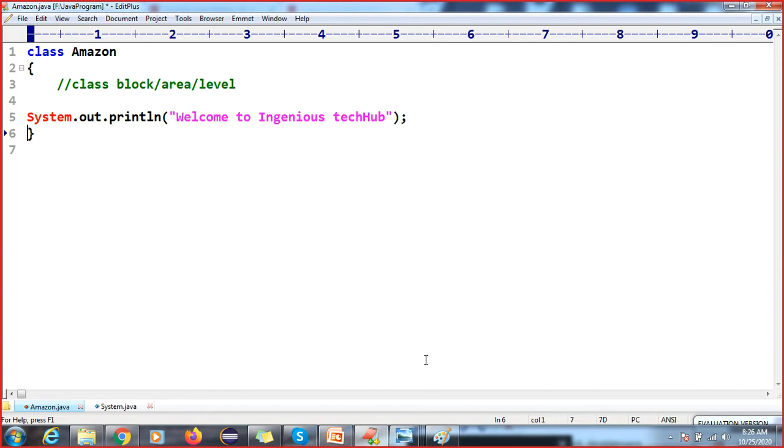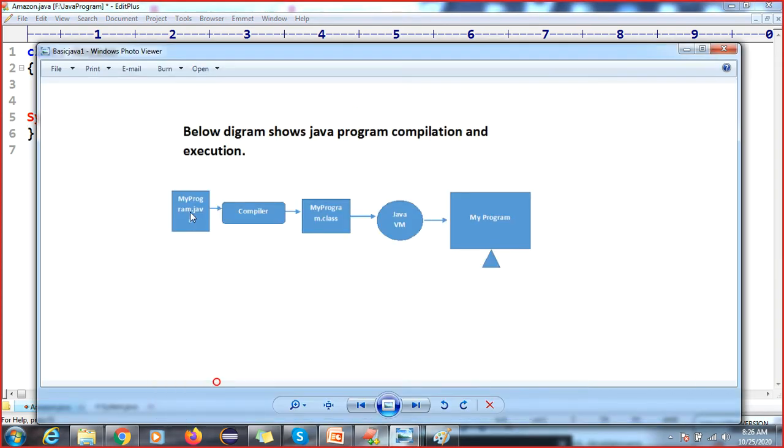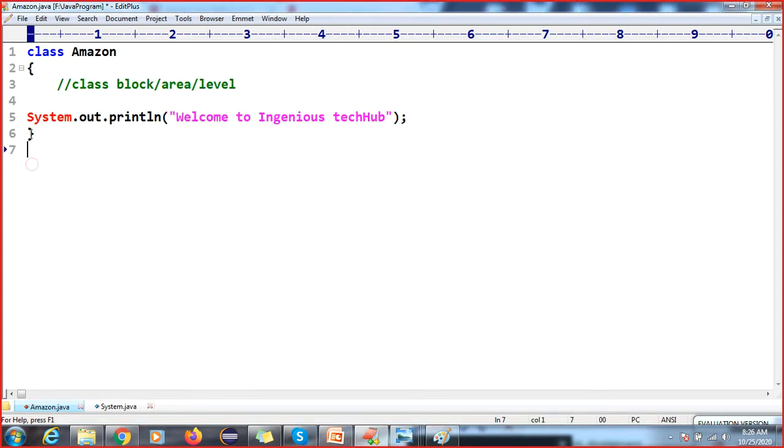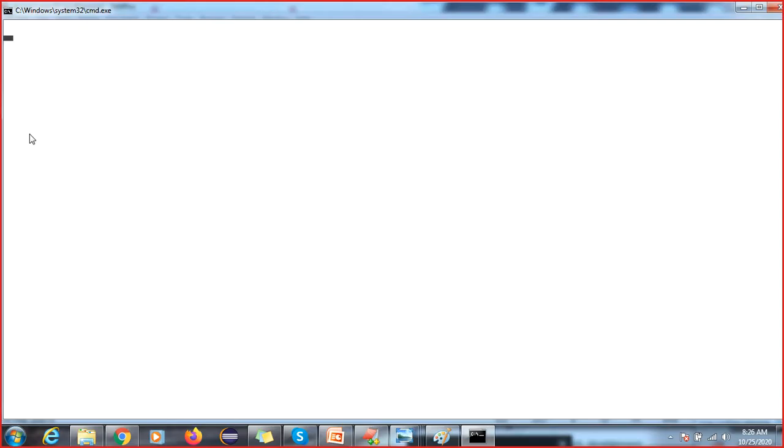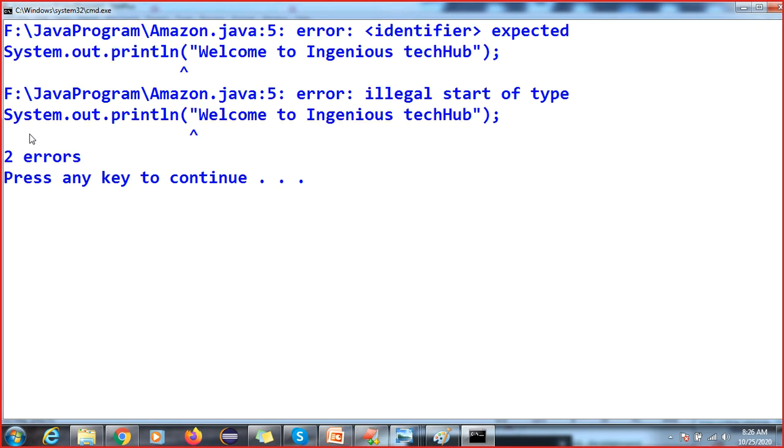Now I am trying to compile this code. What is the job of the compiler? So stage 1, we are in the first stage. The second stage is your compiler. So now I'm going to compile this code. In EditPlus I have a shortcut here. If I press Ctrl+1, it will compile my code. Your question is what is the job of the compiler?